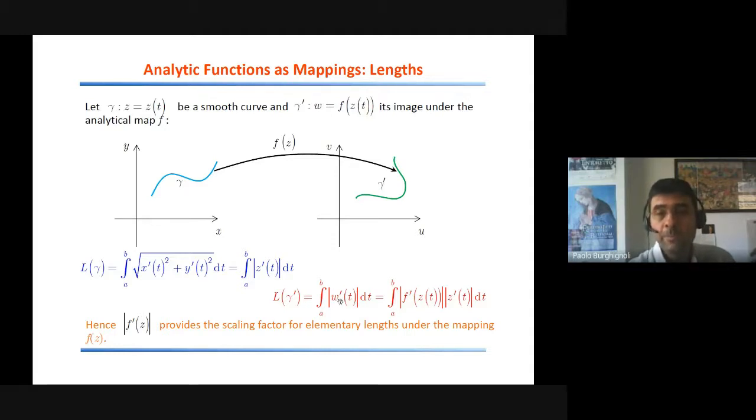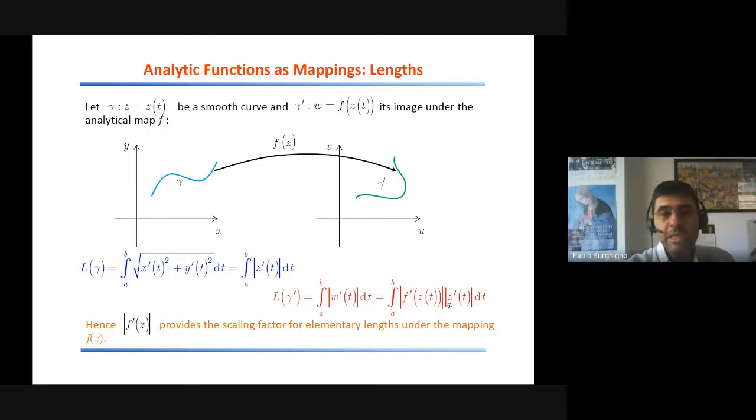But now, this derivative, w prime, can be evaluated by using the chain rule, because w is the composition of the function f and the function z. So you have the product of the first derivative of the function f evaluated at z and the first derivative of the function z. The absolute value of the product is, of course, the product of the absolute values. So you end up with this expression in red here for the length of gamma prime,